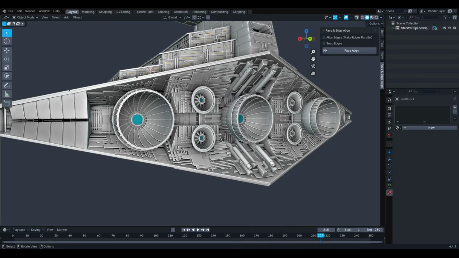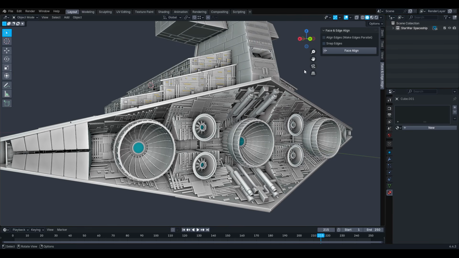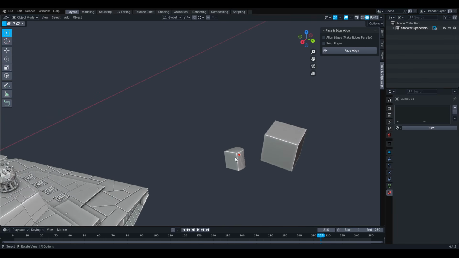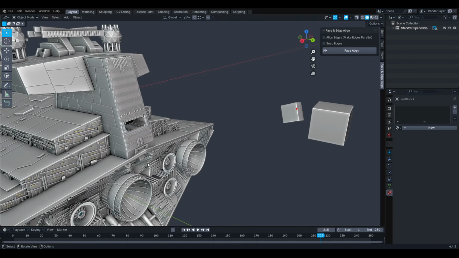Hello guys, I'm making this quick video to show a small update that I added to my face and edge align addon. It is this snap edges checkbox. So for doing that, first let's show the functionality with these two small objects, and then let's move to this